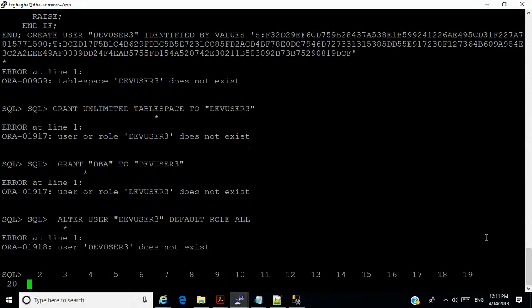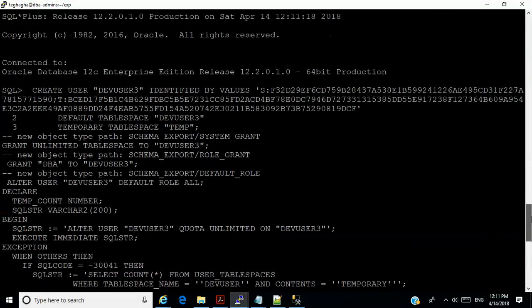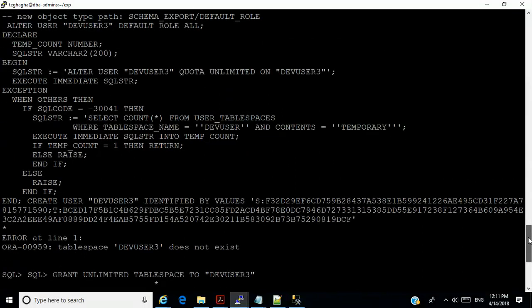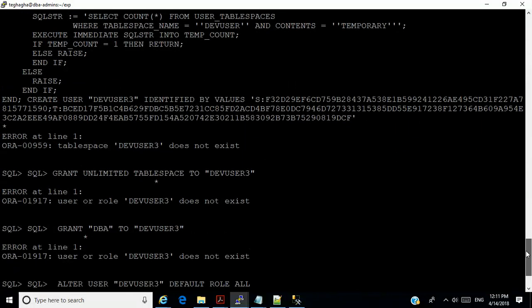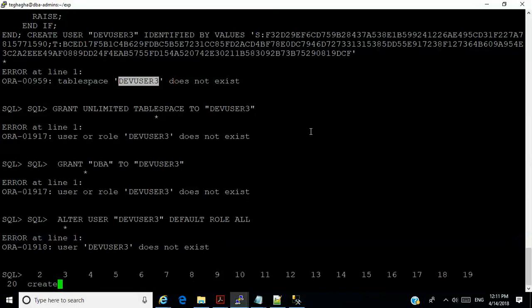Oh, why did it fail? Let me see. Okay, it says that the table space dev user 3 does not exist. It never goes wrong. We are the ones that always go wrong.